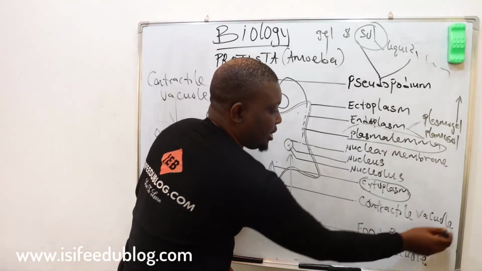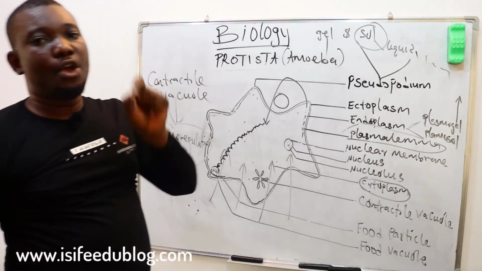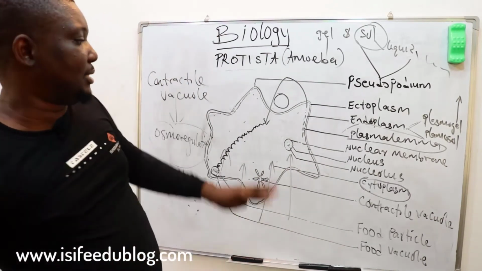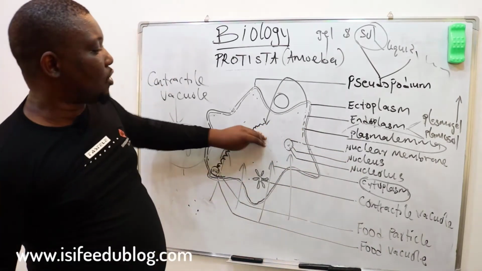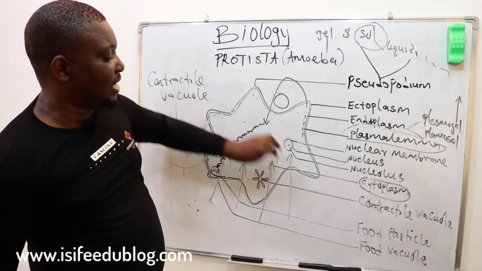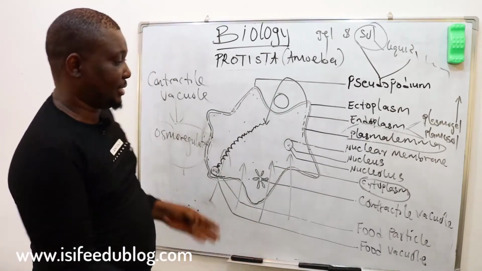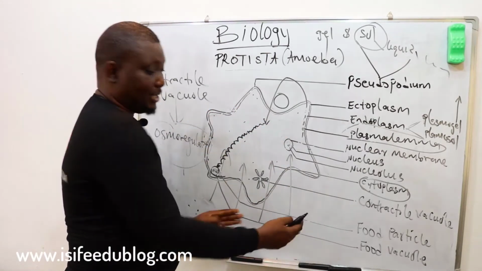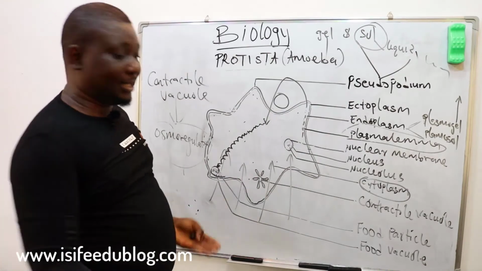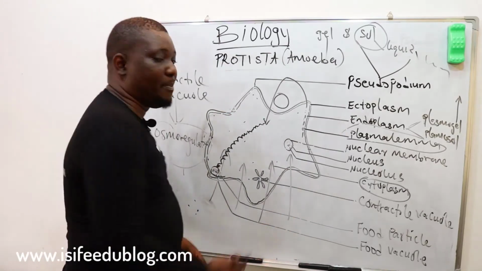What is the function of this? Remember I said, the function of this is for osmoregulation. What is osmoregulation? Osmoregulation is the maintenance of water to salt balance. What it simply means is this: via osmosis, there will be a time the cell content here is more concentrated than the environment. If the cell content is much more than the environment, that means the cell will tend to what? To drink water. What do I mean by that? If here is more concentrated than here, then based on the principle of osmosis, water moves from lower osmotic pressure to high. In this case, this cell will start drinking water because the cell is now more concentrated than the environment, and that is not good.